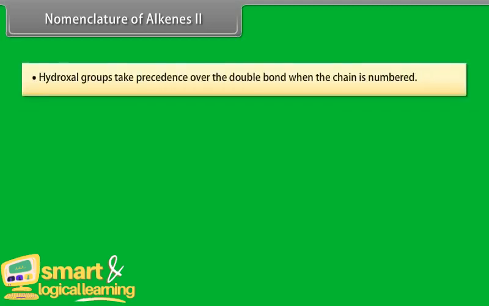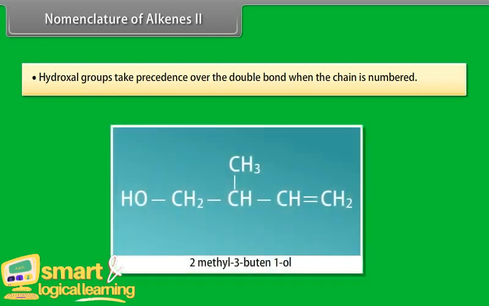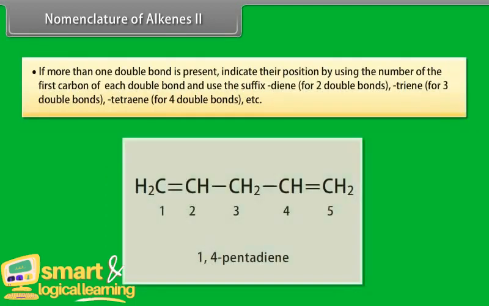Nomenclature of alkenes, Part 2. Step 7. Hydroxyl groups take precedence over the double bond when the chain is numbered. This compound is 2-methyl-3-buten-1-ol. Step 8. If more than one double bond is present, indicate their position by using the number of the